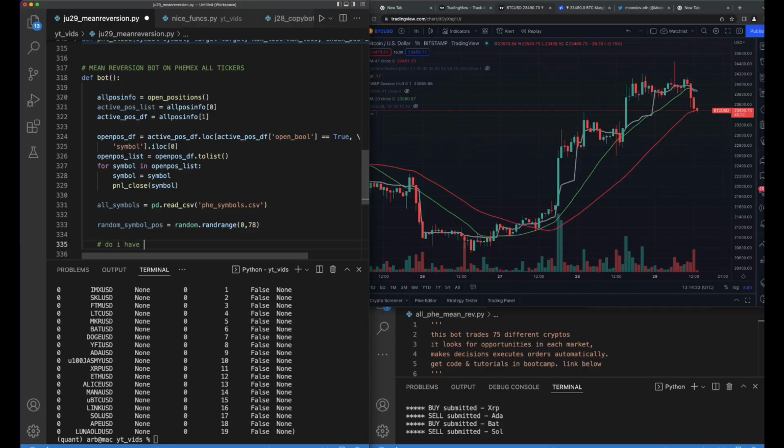Do I have all the symbols on the above list? Activated. So my question here is, I have this list of 78 different symbols, and it's in a CSV format. I'm reading it in, and then I'm grabbing a random one out of that symbol list because we want to trade all of the symbols that we have available on this exchange. So, random symbol